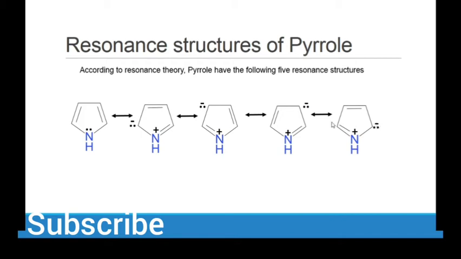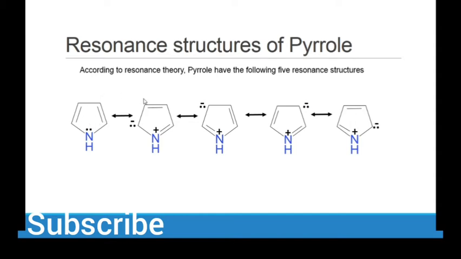So, in the last step, this bond moves here, and then this bond here, this bond here, and this is the same as the first structure. So it is very easy, but you have to keep in mind the movement of the electrons, not the movement of nitrogen. These two electrons from nitrogen are moving, and then everything is moving because the pi bond is also moving from here, then next, then next. So it is a cycle.